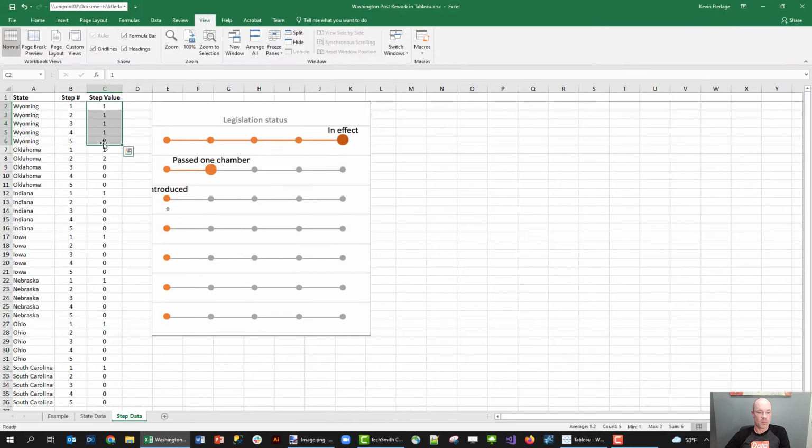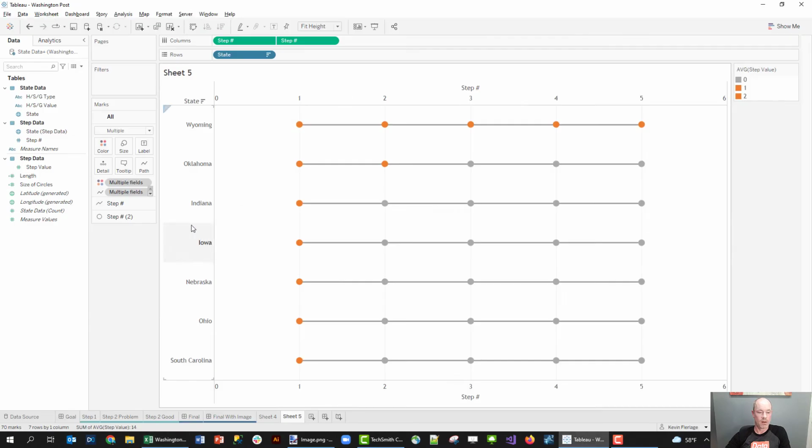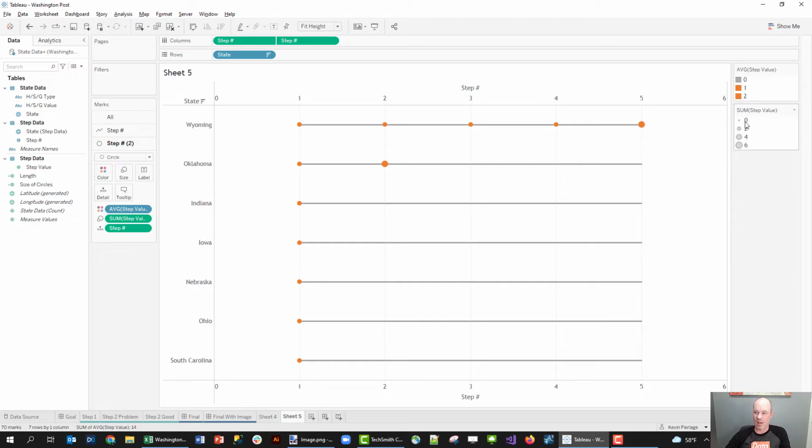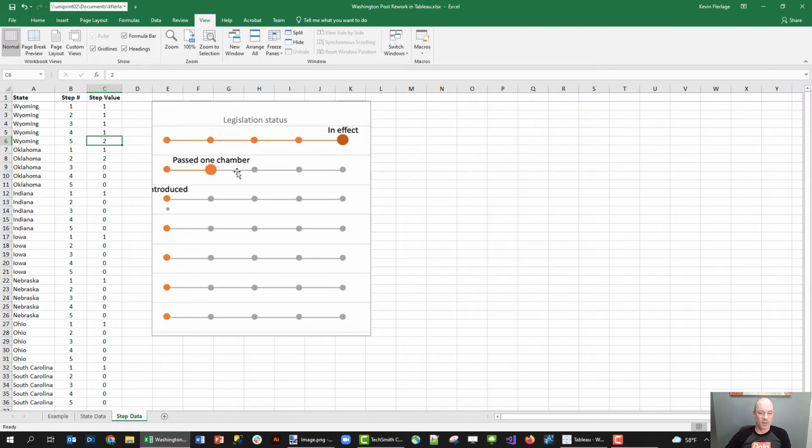Now, I did mention we had some values that were a little bit bigger. So maybe we can take that step value and put it on size. Try that again to put on size. Now I have values of 0. All right, again, I need to make this an average. Now we have values of 0, 1s, and 2s. Really, the zeros represent the small gray, and the 1s represent the small orange. I really want the zeros and the 1s to be the same size, and these other ones to be a